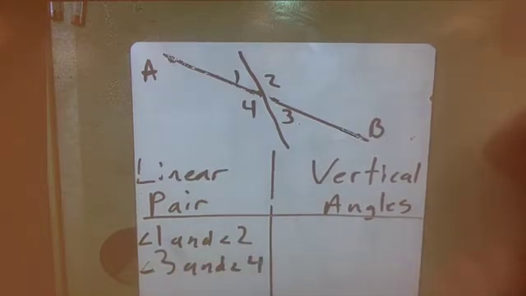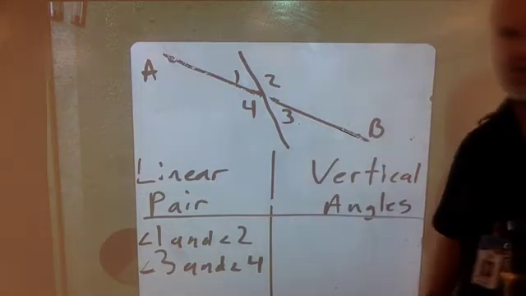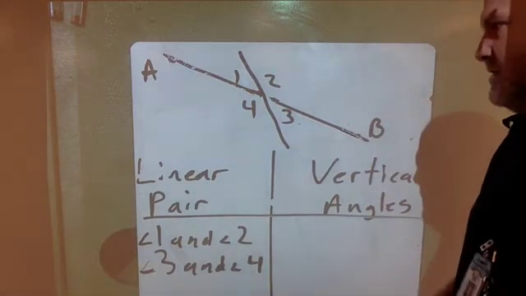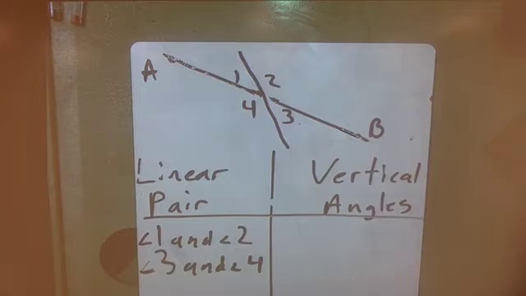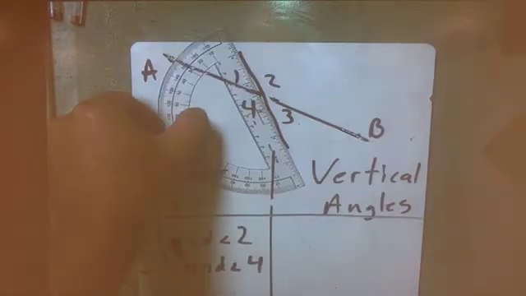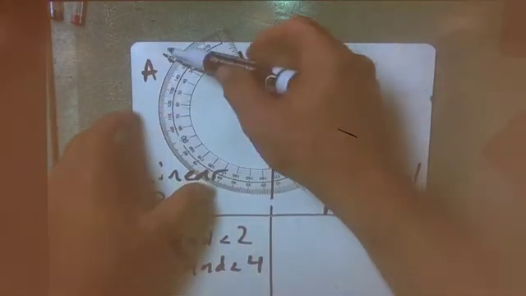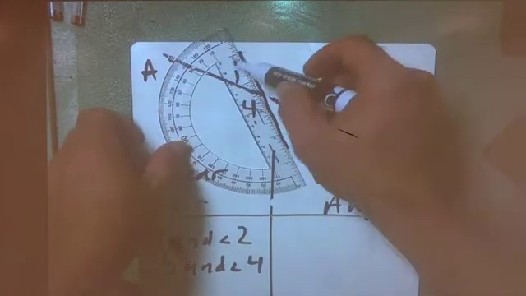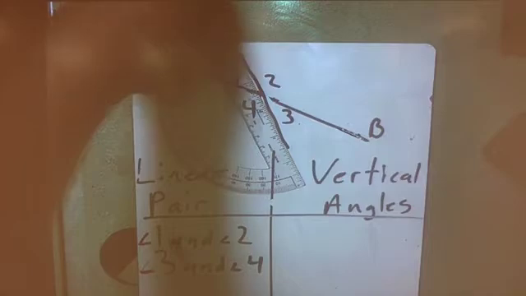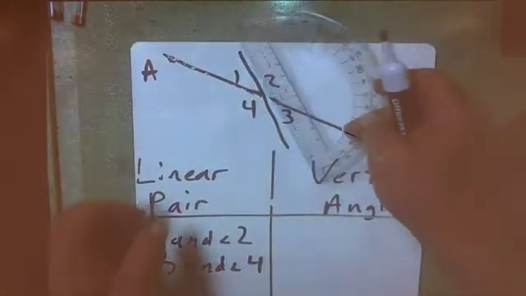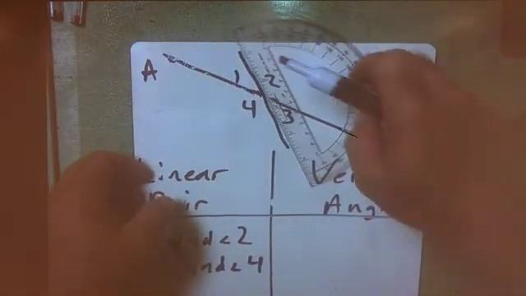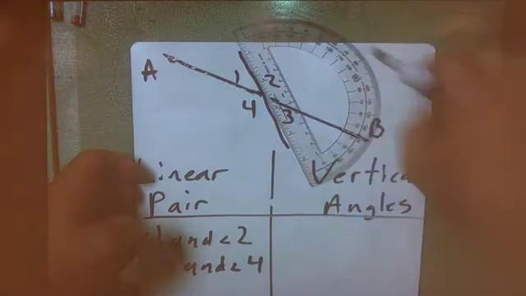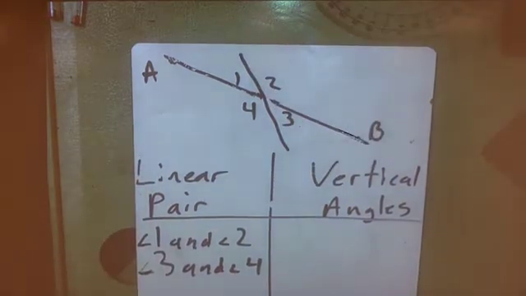Now, the line I drew to cross AB is being split by AB, meaning this line that I drew also has 180 degrees in it, and AB split it on the left-hand side into 1 and 4, so 1 and 4 make a straight line. The line I drew also got split by AB on the right-hand side of that line, so 2 and 3